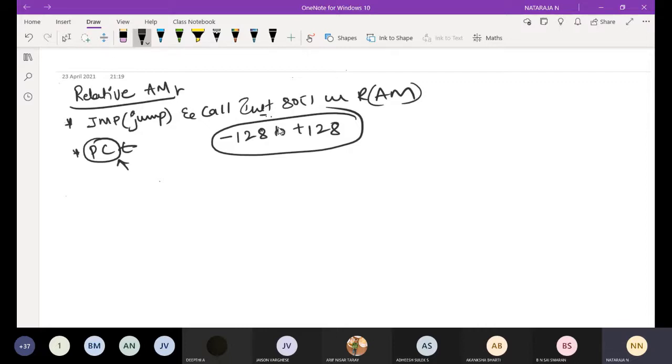Okay, see the example here. Usually we use this kind of example: SJMP 1005H. We need to jump to this address. How exactly are we going to jump to that address?